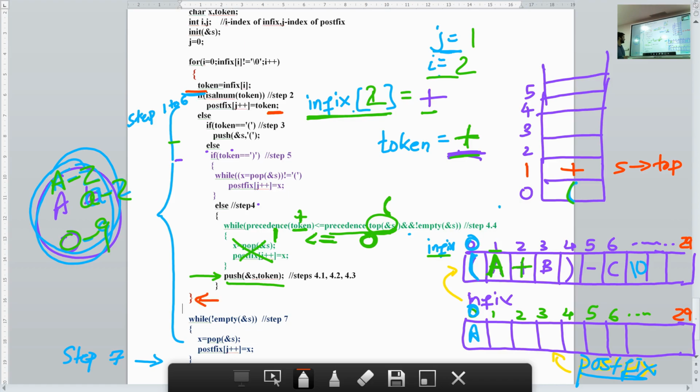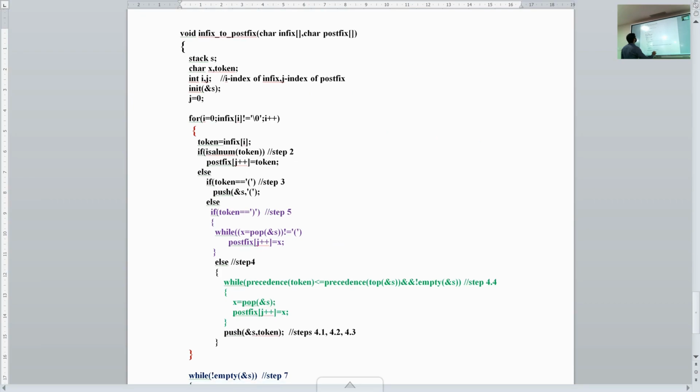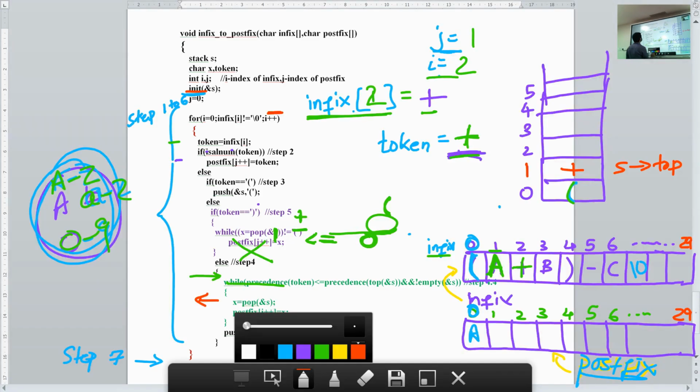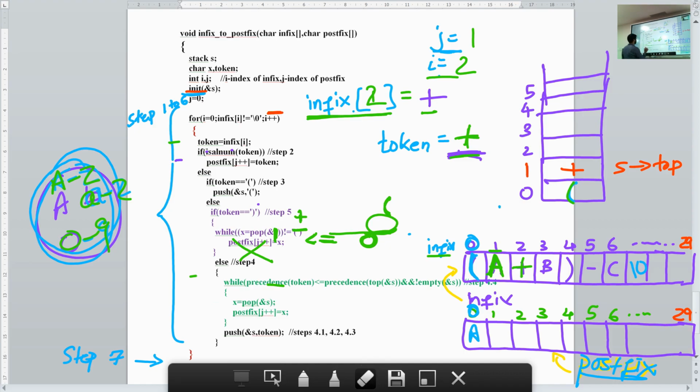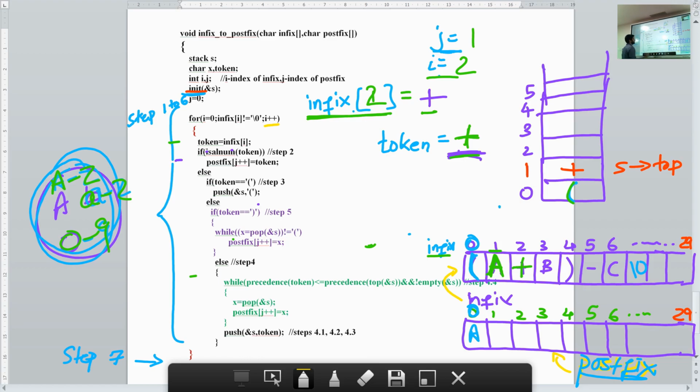Once you push it, you come to the for loop, this is your for loop here. So you come back here and you do i plus plus.